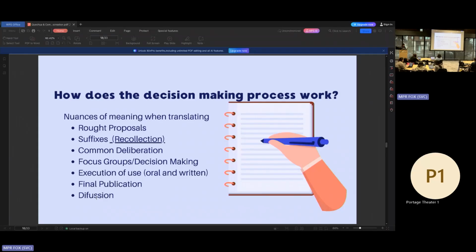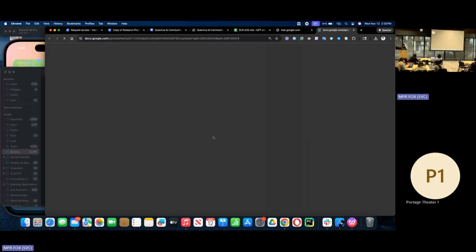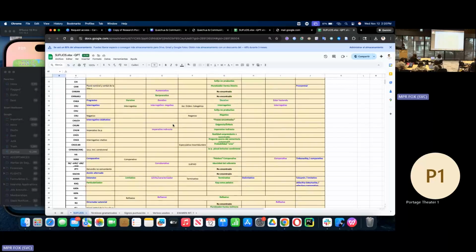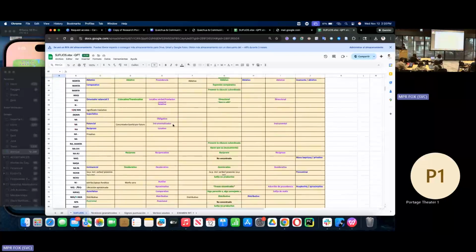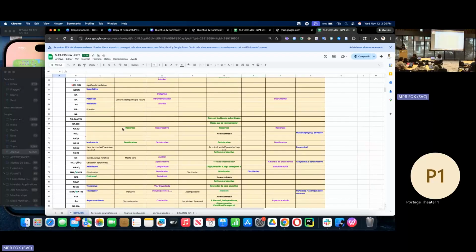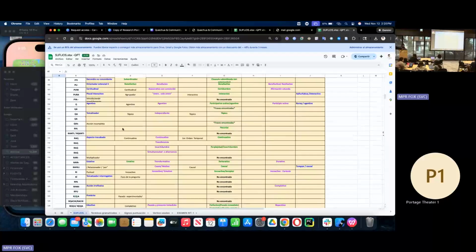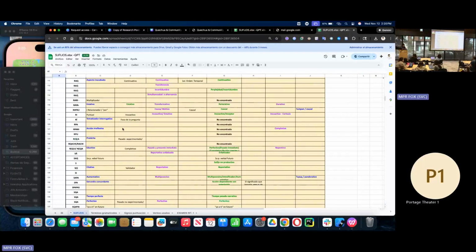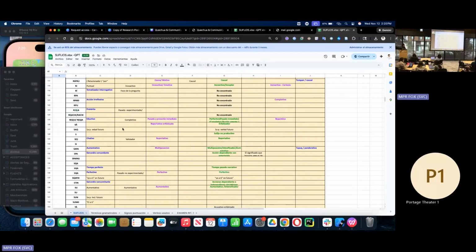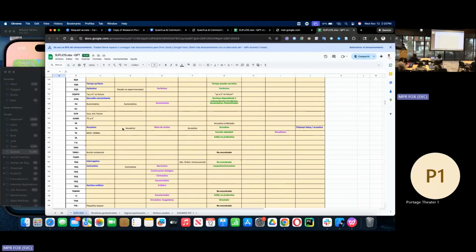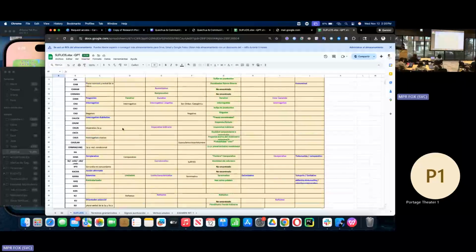So what happens in Quechua is that we need to collect the different meanings of these words to be able to understand what we want to say. These whole different words that you can see, these small suffixes, each of them have different meanings. And what is important is that when we come up with new neologisms, new concepts, we're able to use them correctly. And if the community approves them, we win, practically. But yeah, this is more like the technical process.